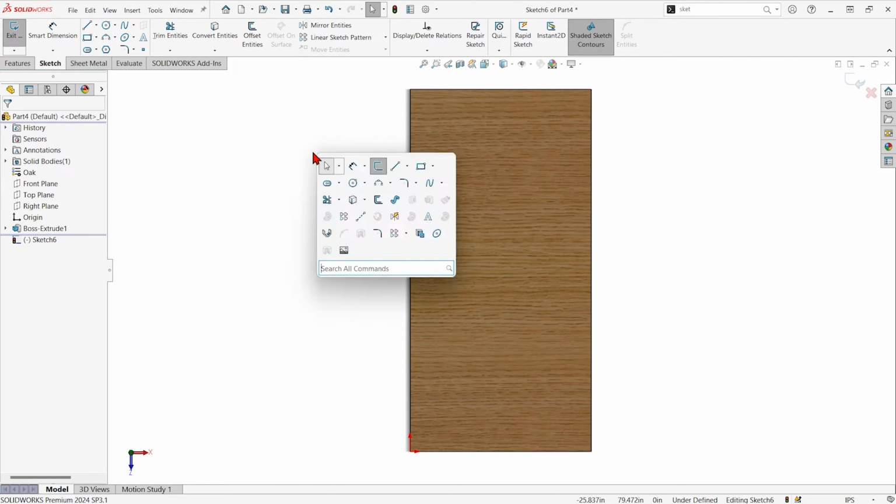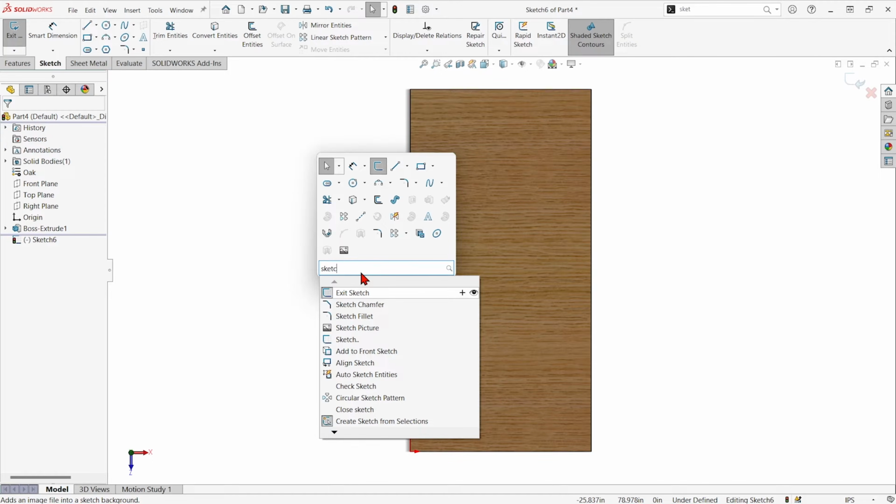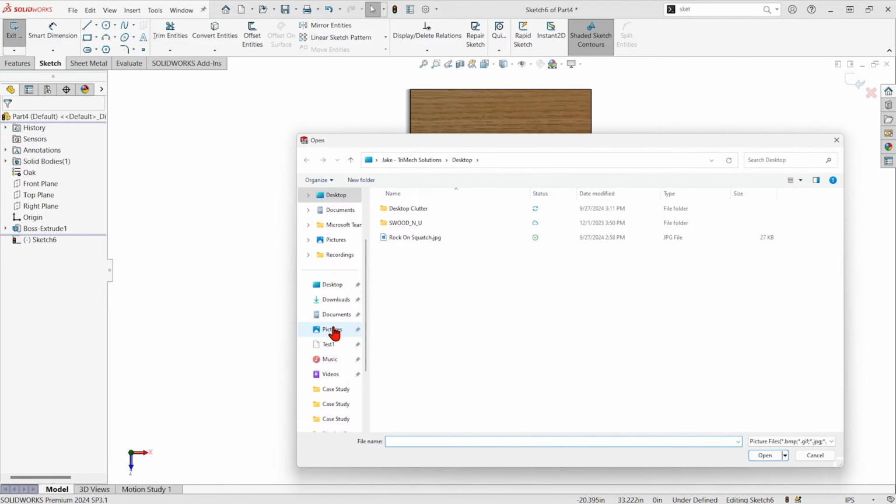If I hit the S key for the S key shortcut, it'll give you a search bar. You could search for any command. I'm going to search for sketch picture. There you can see sketch picture. We have to be inside a 2D sketch to pop this thing in. If you like it, you can either click the plus or drag and drop it on the menu, and it'll be there the next time that you need to use it when you hit the S key. I'll grab the sketch picture command